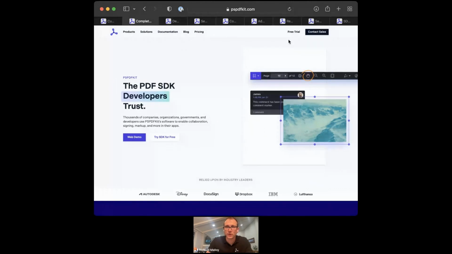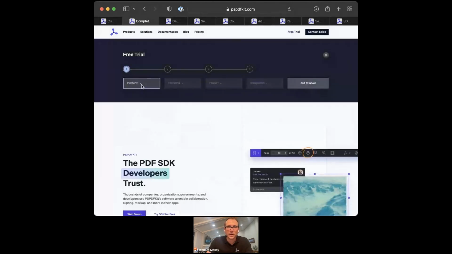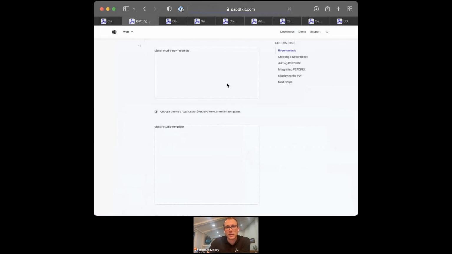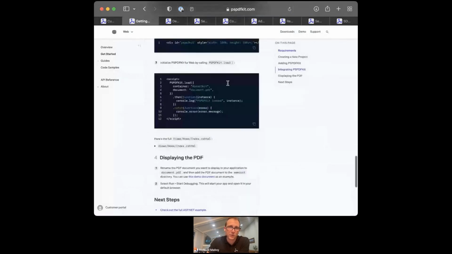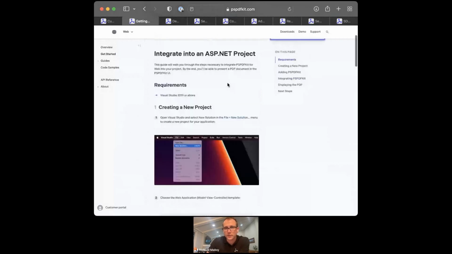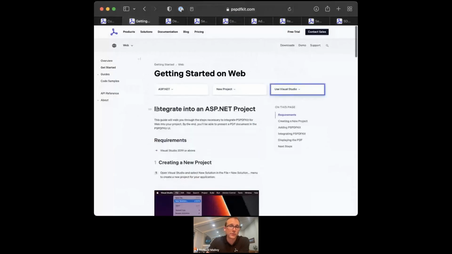Alternatively, you can also come into our free trial. What the free trial does, it allows you to deploy our latest version, all the feature flags that are supported with that tool. And then we walk you through getting started. The only difference between the trial and the production version is that we throw a huge red watermark on the document. Sorry about that. We can help you get that removed with the paid version, or we can send over a temporary key to validate features and things like that,